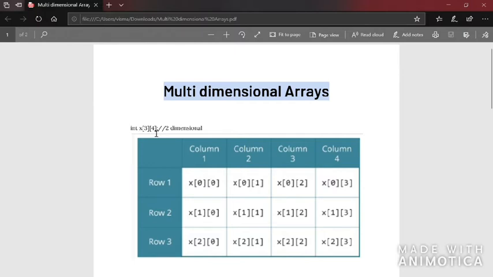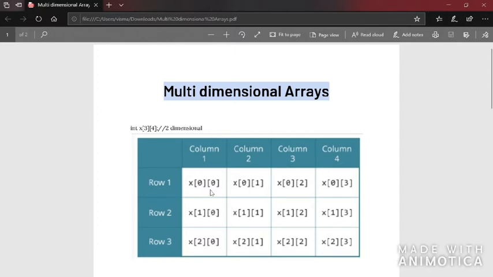Now see here, these are rows and these are columns. So there are 3 rows and 4 columns. If you have to access the value in the first row, first column, then you have to give x[0][0]. Since the indexing starts from 0, even though it is the first row and first column, we are giving 0, 0.